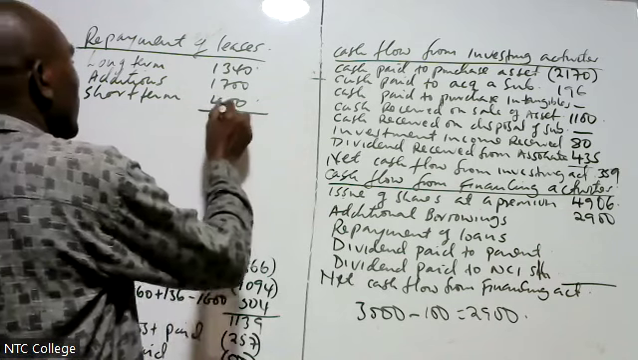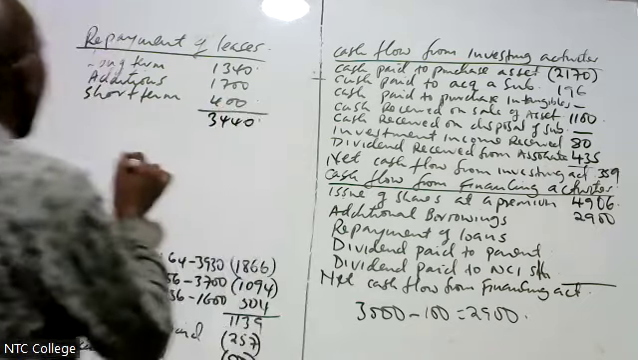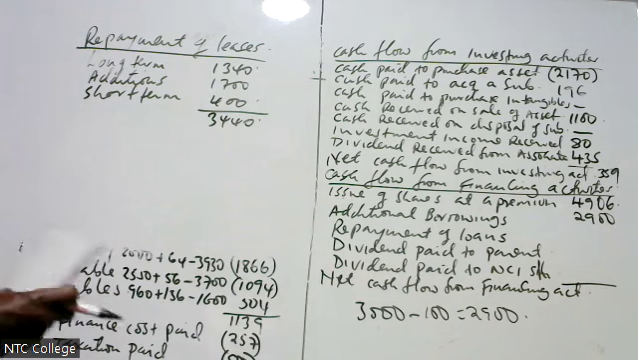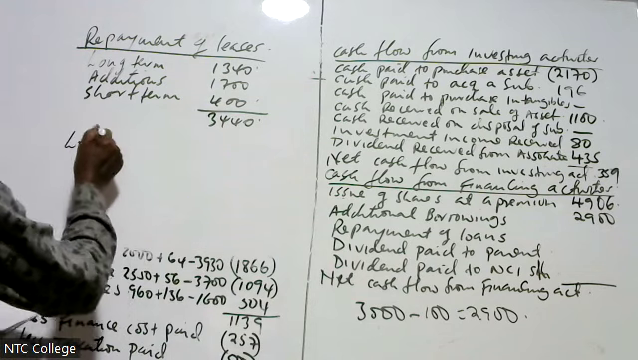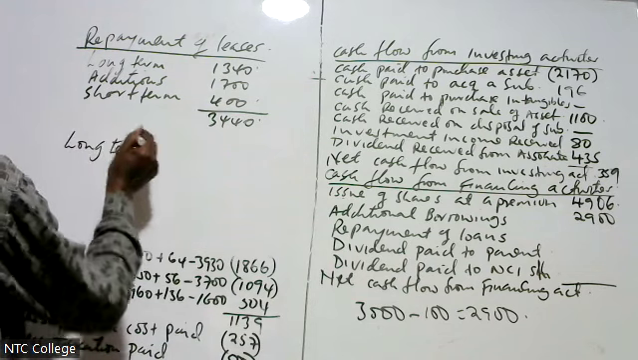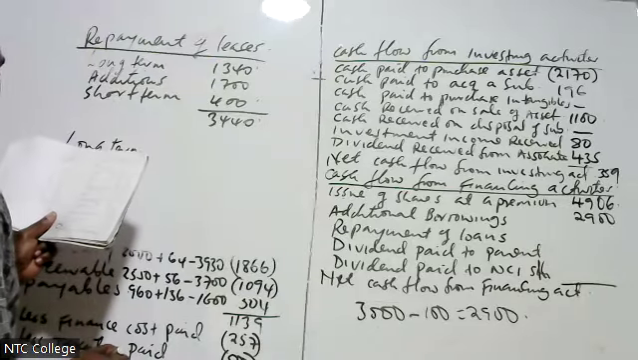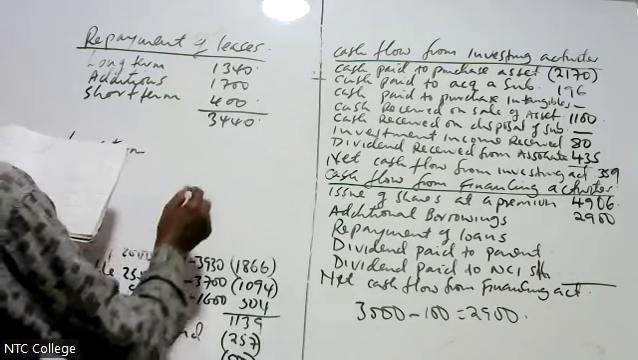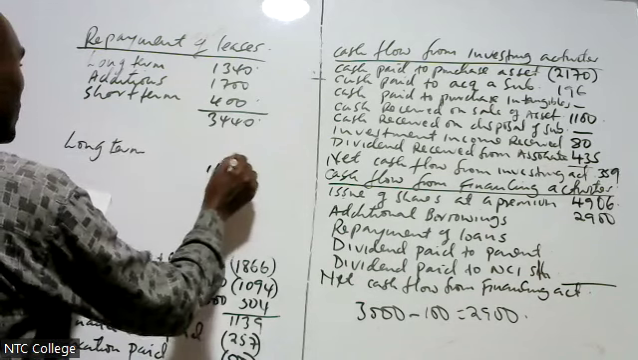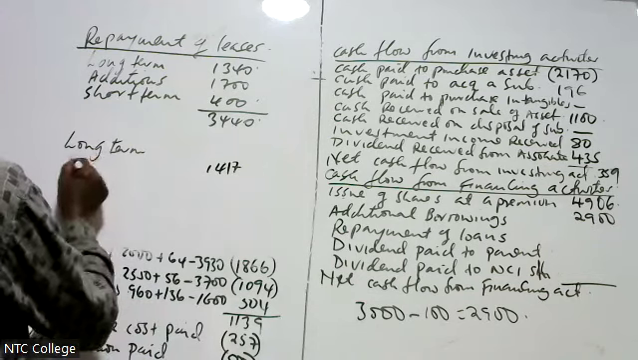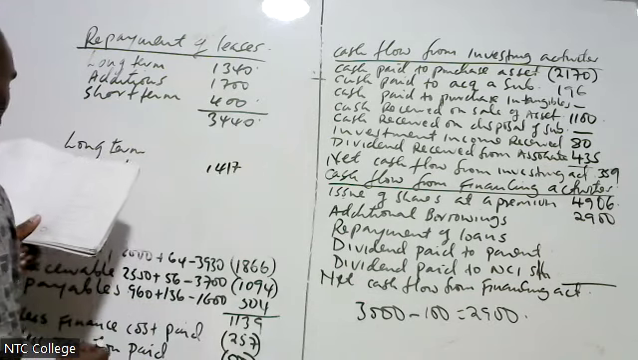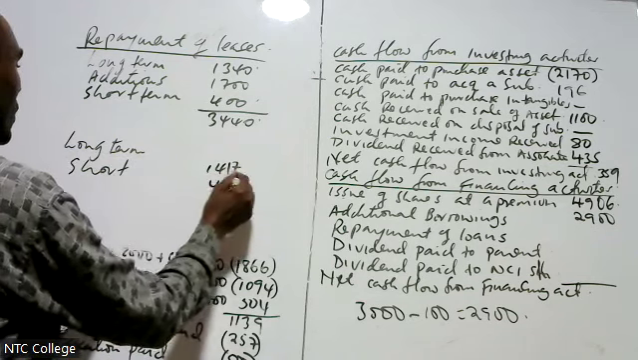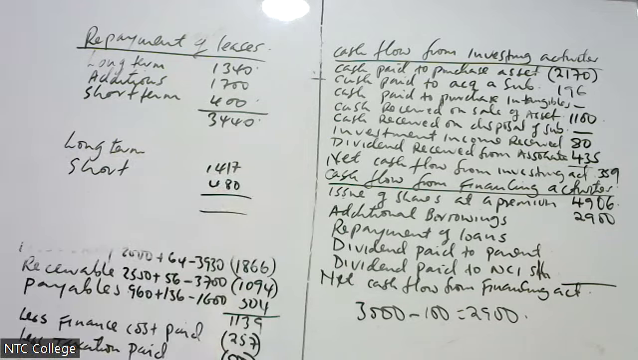That 440. Then I compare with the balance carried down. Long term, balance carried down, long term, 1470. Short term, 480. When you add,